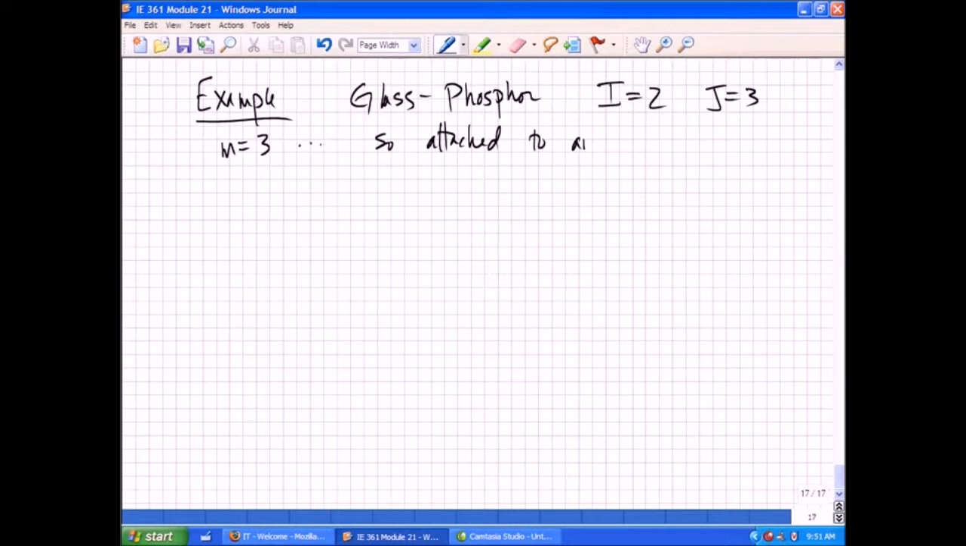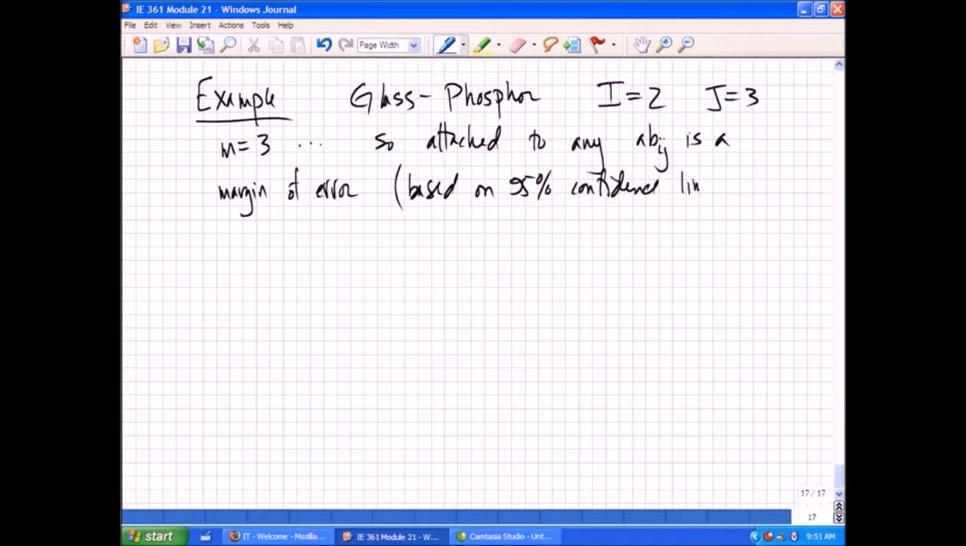for example, to any ABIJ, so any fitted 2-factor interaction, is a margin of error, and let's make this, say, based on, say, 95% confidence limits, of the form. Now we're going to take a t-value times a pooled s